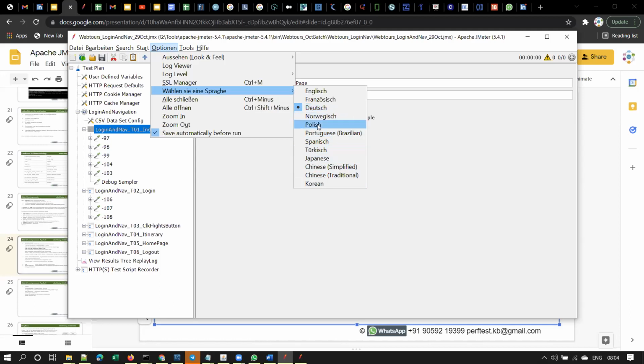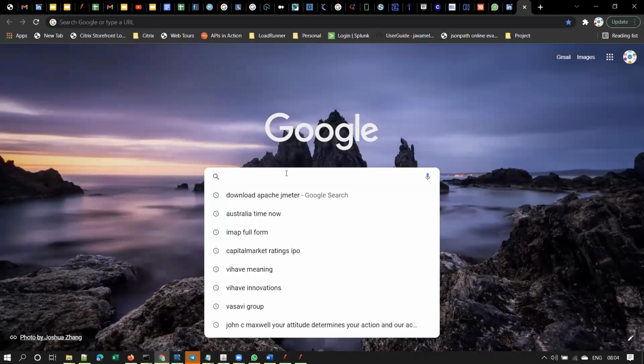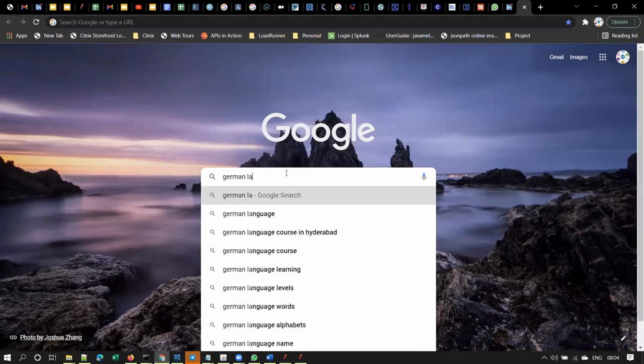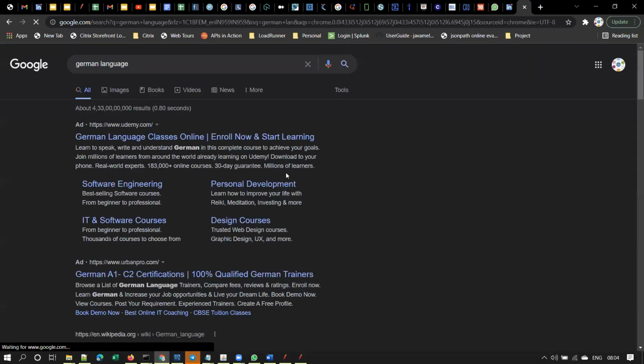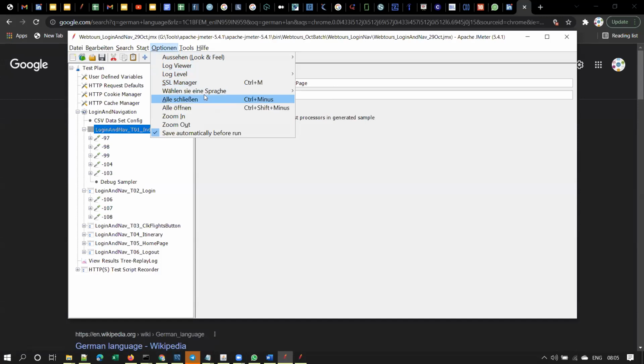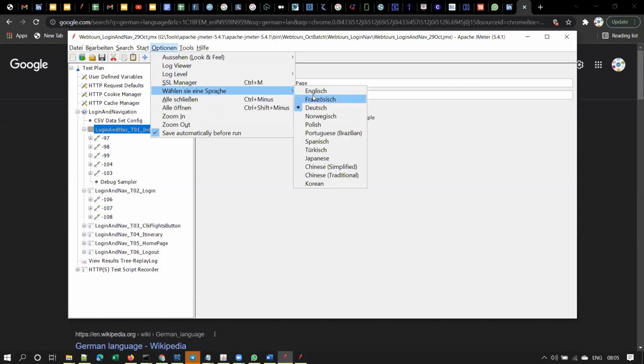Okay, anything is fine. Hold on one second. I'm just wondering why it is showing Dutch. Okay, let me revert back to English now.